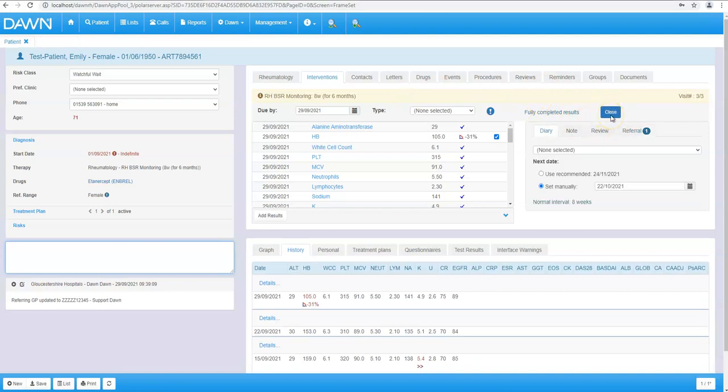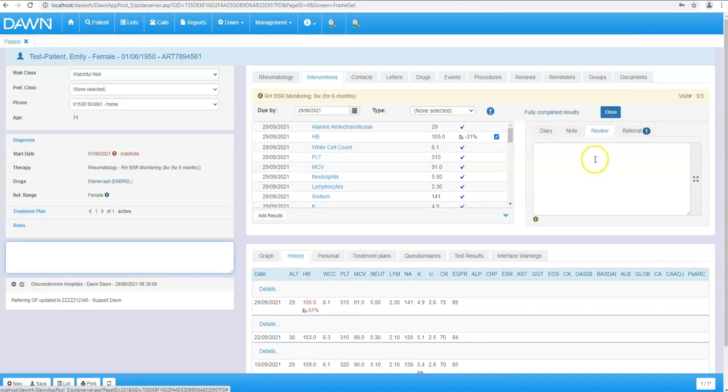So now I could go ahead and close the visit, but before I do, I might want to document the action that we decided on. Because we may have told the patient to hold their dose, and we're testing again in a week's time, and so whoever picks this up next time needs to be aware of that. And the way I can do that is by adding what we call a review note. So in here I could put something like